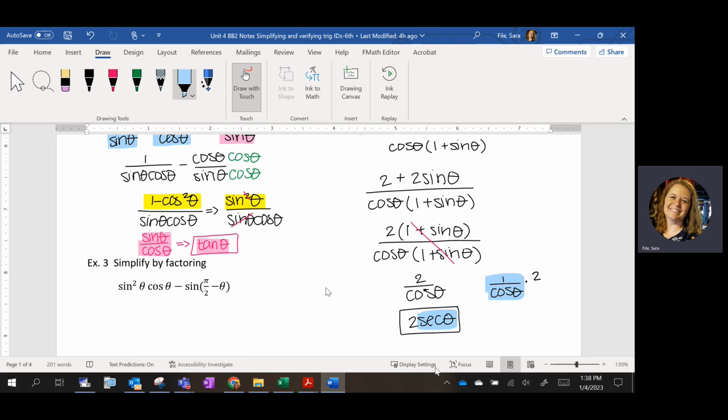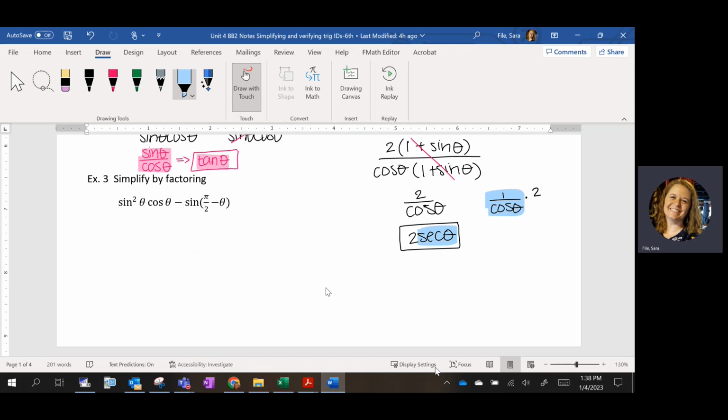All right, number 3. They want us to simplify by factoring. But before, there's nothing to factor right now. It looks like both terms have a sine, but they're not of the same thing. This is sine of theta. It's actually sine squared of theta. And this is sine of pi halves minus theta. That's not the same, so I can't factor at this point. But